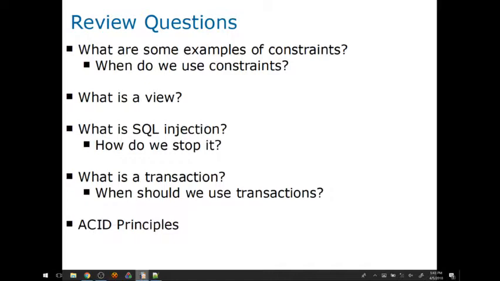And finally, the D stands for durability, which means that once a transaction has completed, it is guaranteed to be part of the database from that point forward. And the way we enforce that is through log files. We keep a record of every transaction that gets run and every operation that's performed by that transaction in the database. So that if something goes wrong, like my server crashes, I can go back through the log and recreate those steps and make sure that that information is still up to date.